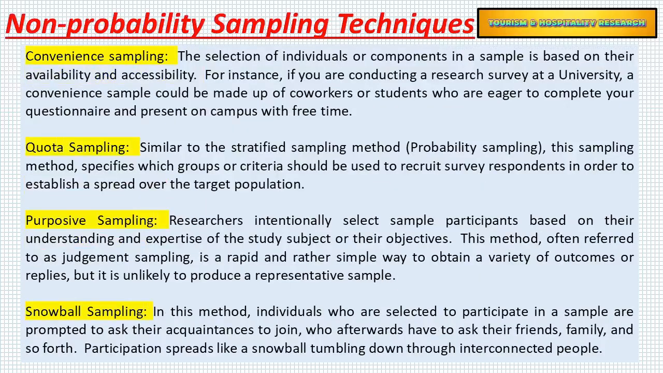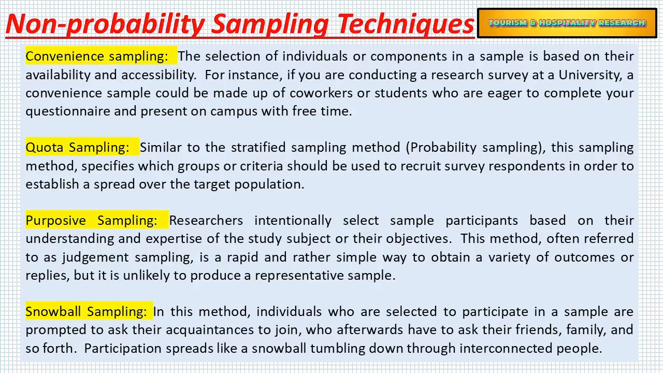Let us now understand non-probability sampling techniques. The first being convenience sampling. As the name suggests, the selection of the individuals or components in a sample is based on their availability and accessibility. For instance, if you are conducting a research survey at a university, a convenience sample could be made up